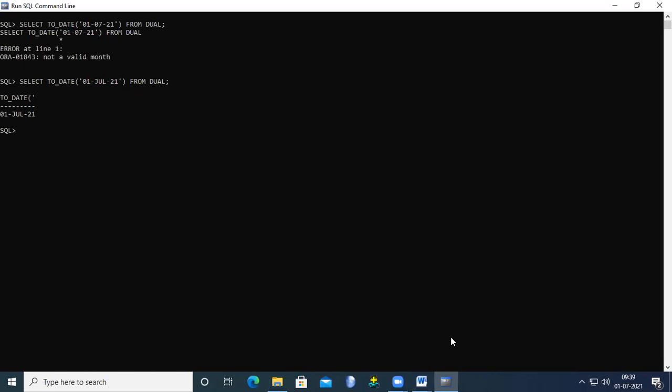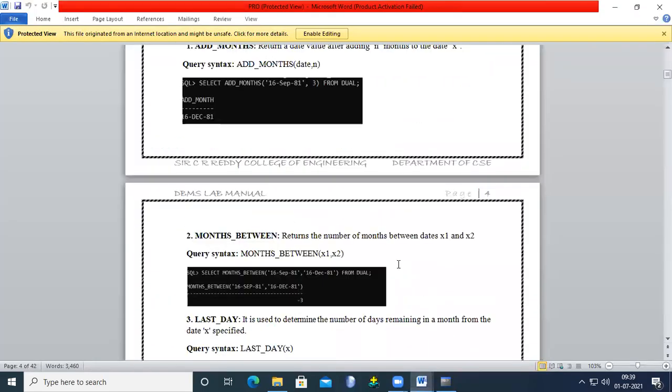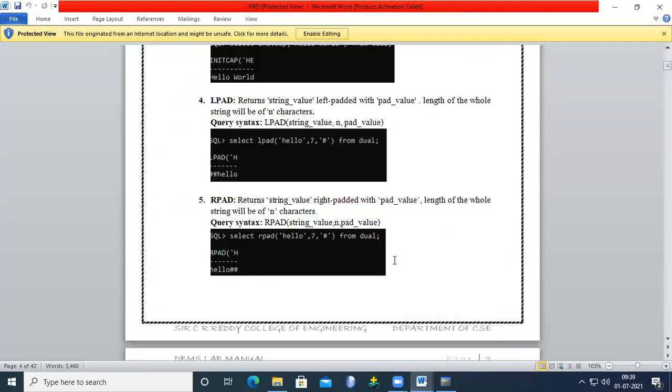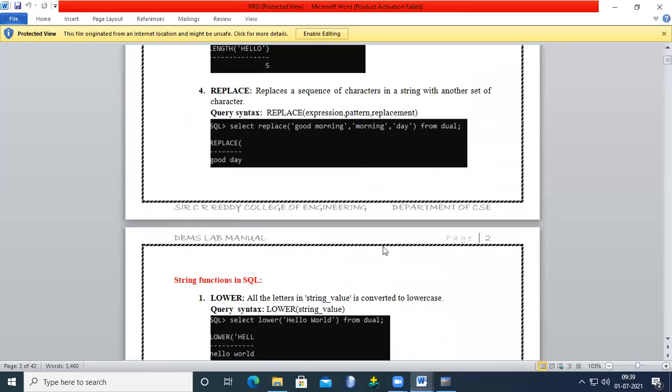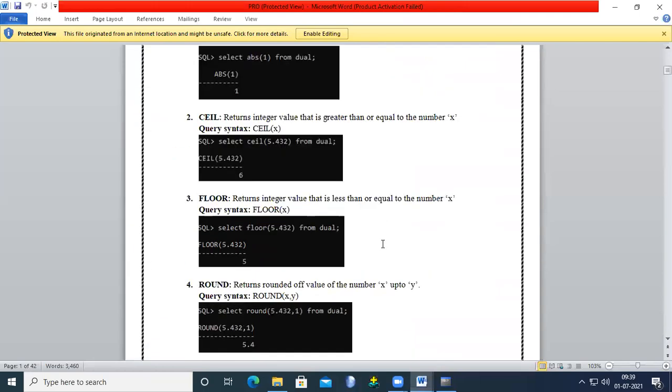So these two are the date-related functions. Up to now we have discussed date functions, string functions, numerical functions, and conversion functions also. These are very important from the exam point of view.